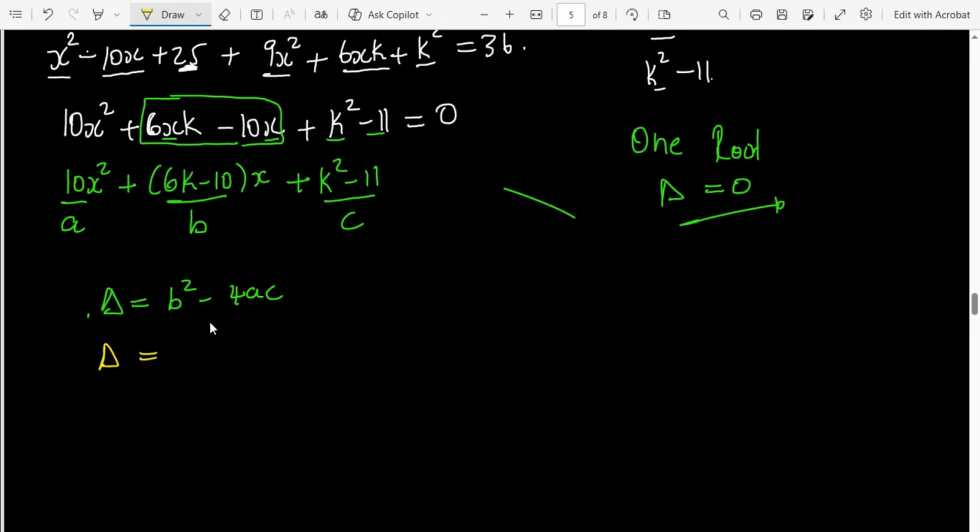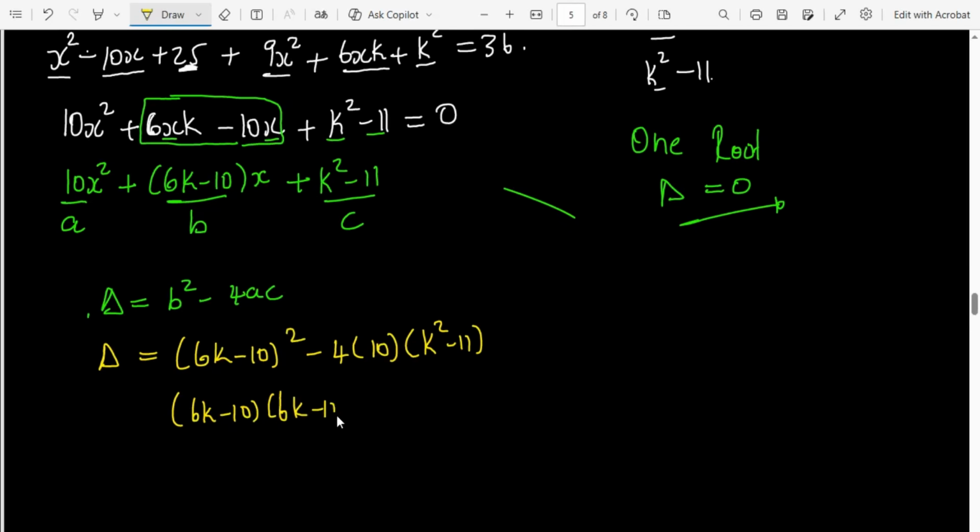So the value of b is 6k minus 10, squared, minus 4 into the value of a, which is 10, and the value of c, which is k squared minus 11. You see, we have much work to do. First thing first, we need to expand the brackets this side. This will be 6k minus 10 into 6k minus 10 minus 4 times 10, that's 40, into k squared minus 11, and then